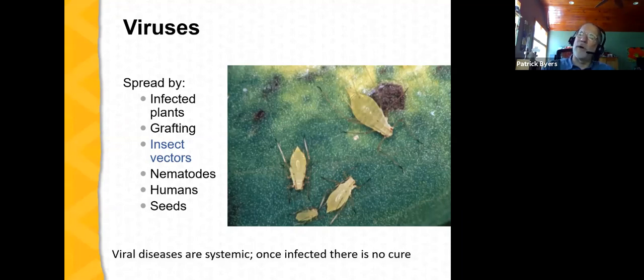Whiteflies are implicated as vectors. There are a number of other insects that are very effective vectors for viruses. When we look at the soil situation, nematodes can spread viruses from one plant to another through their feeding on plant root systems. Humans can spread viruses. There were some notorious cases of viruses spread that originated in tobacco. And then as people smoked or used tobacco, those viruses would end up on their hands.